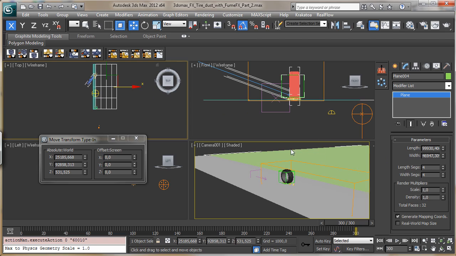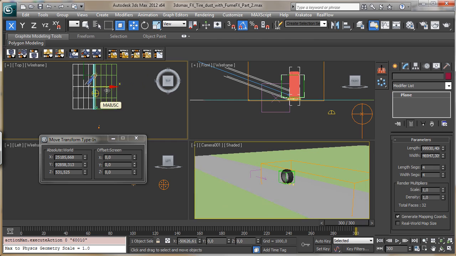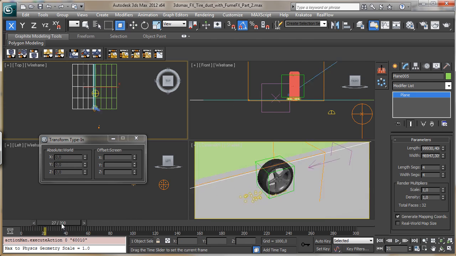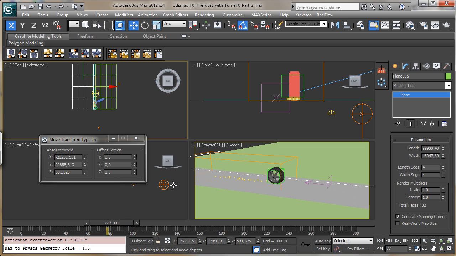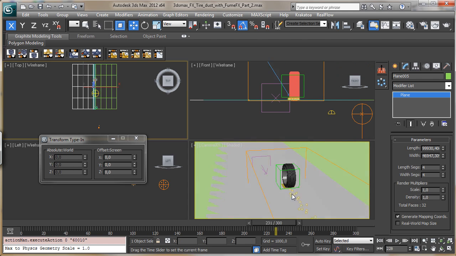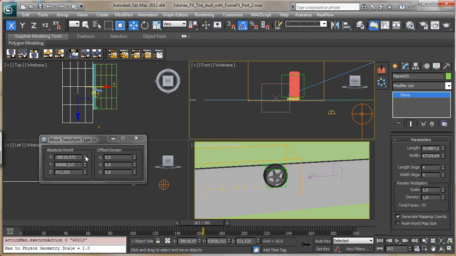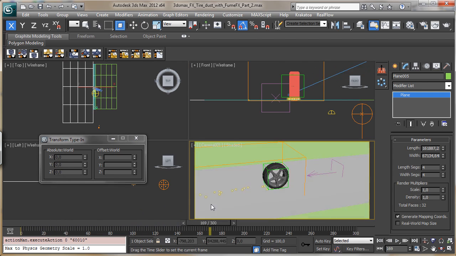Okay, it's not a problem that we have not all the mesh we need, so we can go for something like that there, and we can make a copy using the shift key on the other side as a copy, because maybe we need to scale it, and we can make it longer, and a little bit bigger. And here we can move it a little bit to have it on the right side of the road. Okay,